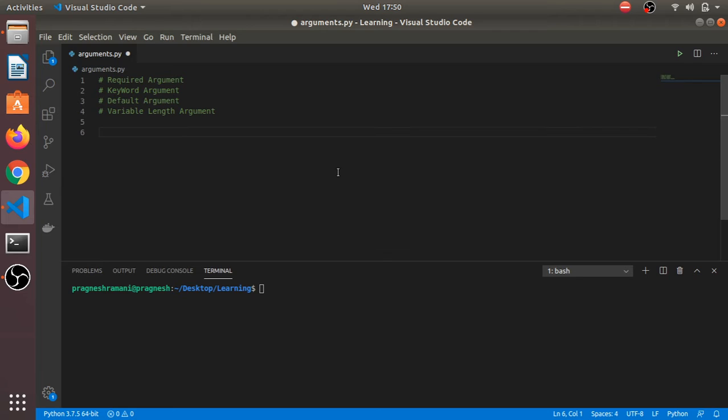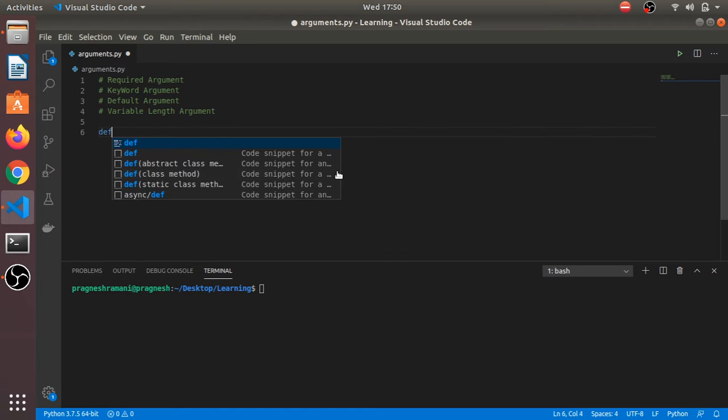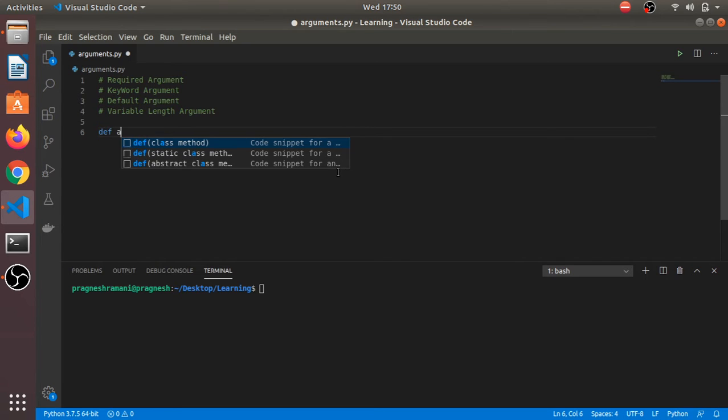The first one is required argument. So what is a required argument? A required argument basically means we need to maintain the order while passing the values in a calling function. Let's take an example of that. So this is the function which returns us the name and age of a particular person.